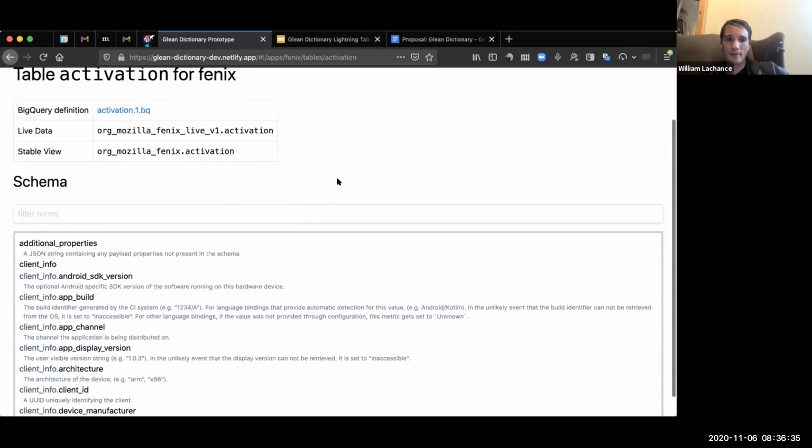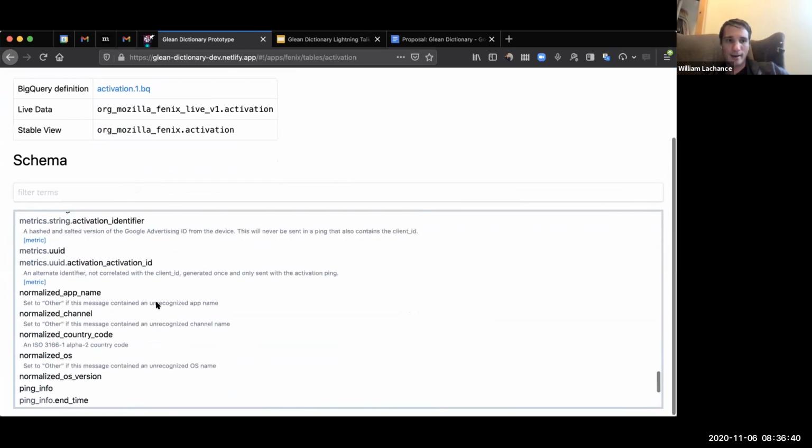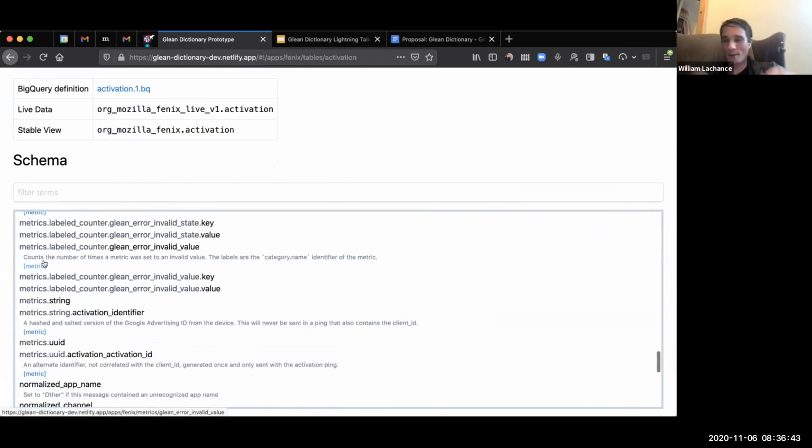So there's this friendly schema browser with a search box where you can search for stuff. And then if somebody links you to this view to answer a question and you want to know more detail about the metric itself, there's this link back to the metrics page, right? So you can draw those connections. This is really, really preliminary, but I want to have all the connections in this tool, even back to the source code repository, ultimately, if you want the real source of truth on how a piece of data was generated and collected.